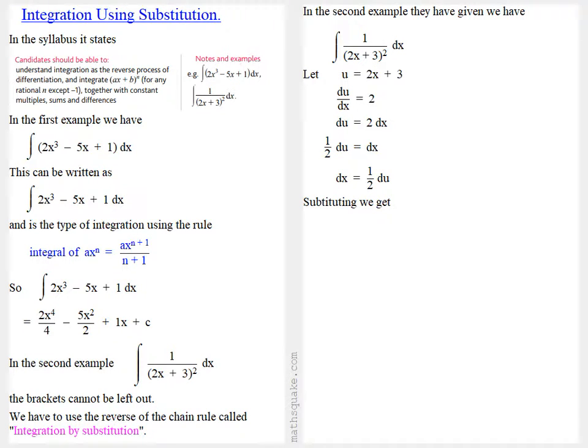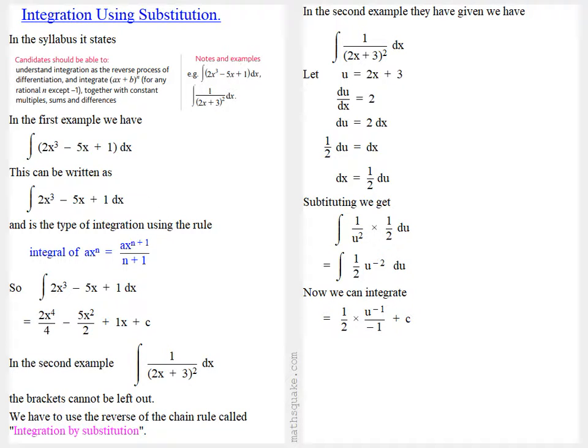Now when we substitute that, we get 1 over (2x plus 3) squared becomes 1 over u squared, and dx becomes a half du. So now we've got 1 over u squared can be written as u to the -2 du. And we can integrate that. When we integrate u to the power -2, the -2 increases by 1, so that becomes -1, and we divide by that number, so we divide by -1. So we have a half times u to the -1 over -1, but we must remember to add the c,